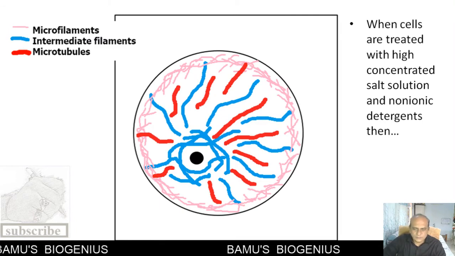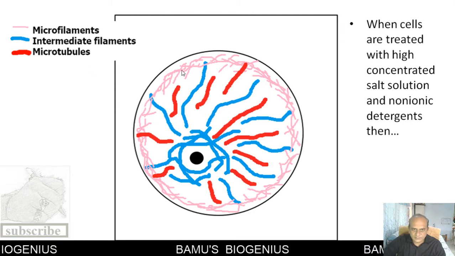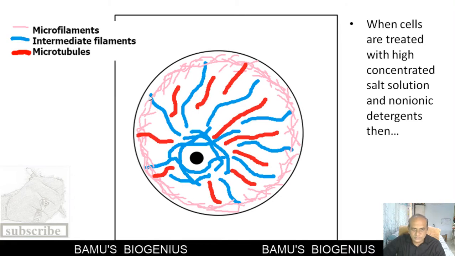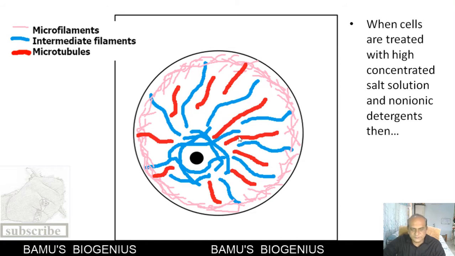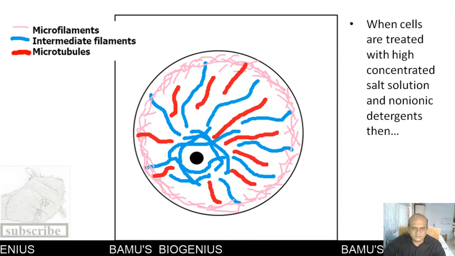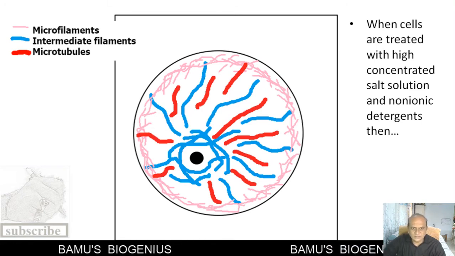Now, when we talk about the position of intermediate filaments, you can see here, these are the microfilaments. Then these blue colored ones are the intermediate filaments. They are forming a cage-like structure around the nucleus. Then the larger ones, the microtubules, are arranged in such a manner. Apart from the intermediate filaments, all these are dynamic structures. Even intermediate filaments are dynamic in structure, but they are more or less stable than the microfilaments and microtubules.